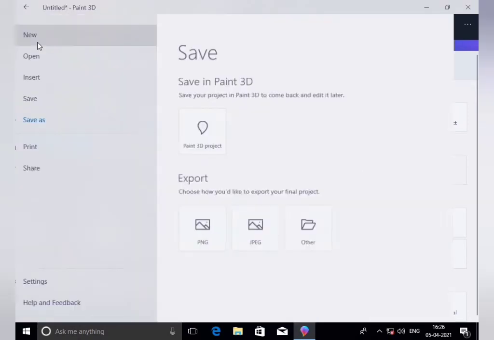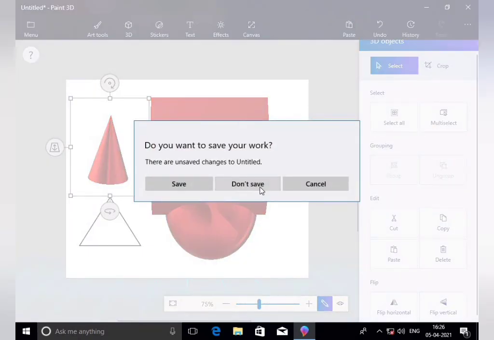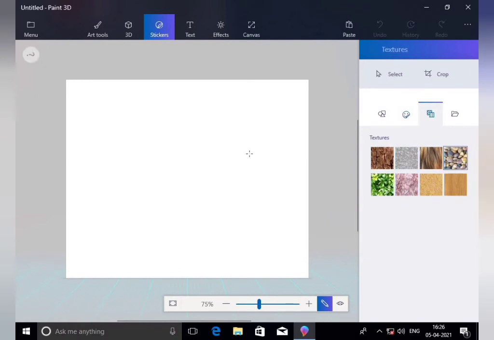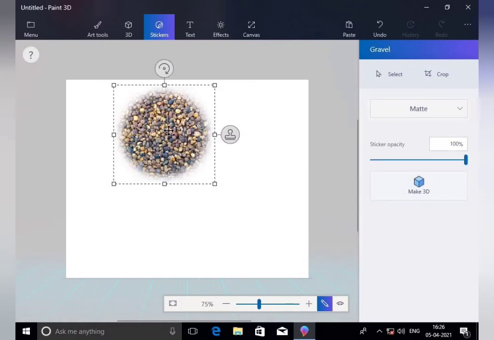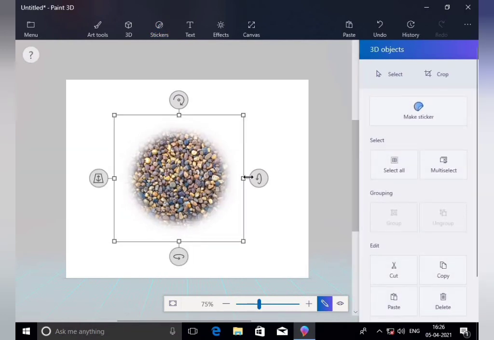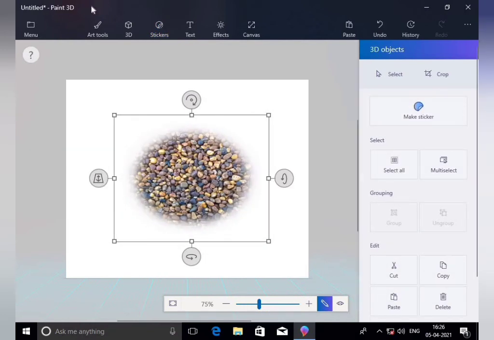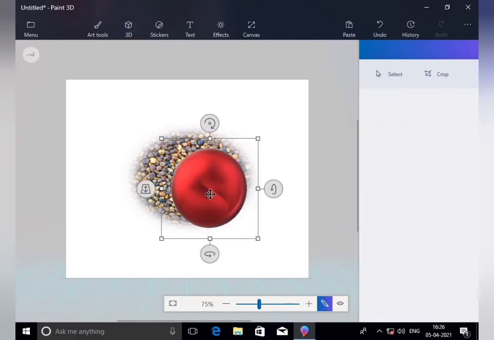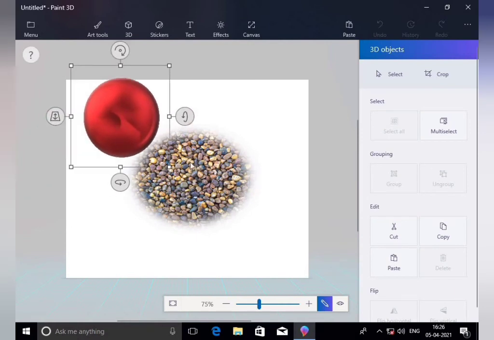For example, take a new sheet, don't save. See here the different, for example, picture, right? This is a picture. Make it 3D, so it will be 3D now. Now in this shape, for example, I will choose the circle shape.